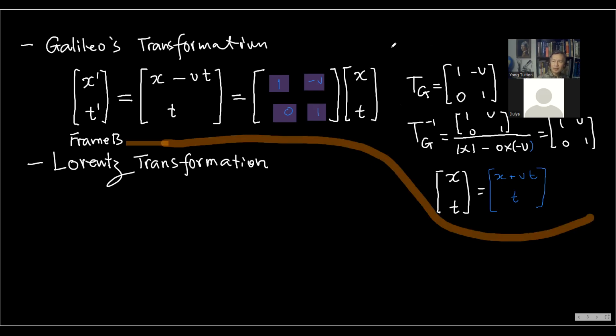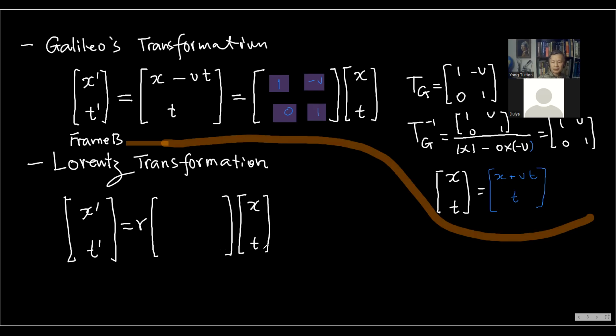So basically that is Galileo. Okay, let's return to the Lorentz transformation. Do you remember? We discussed the Lorentz transformation. What is the formula? That is x prime, t prime equal to the factor gamma. Can you work out the Lorentz transformation matrix with its 4 elements? What are the 4 elements here?